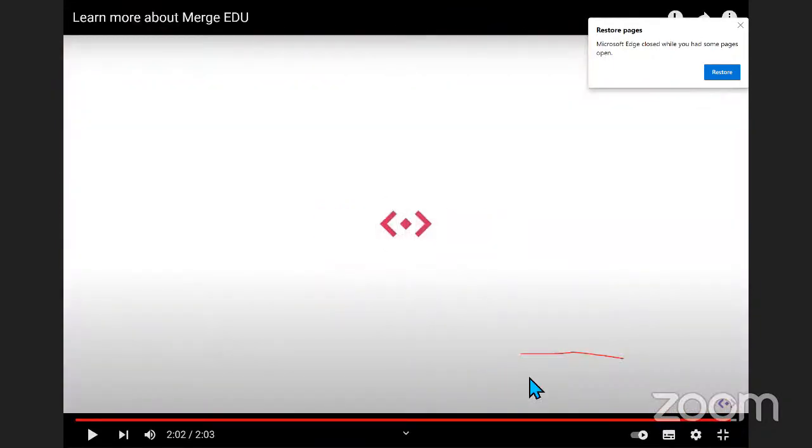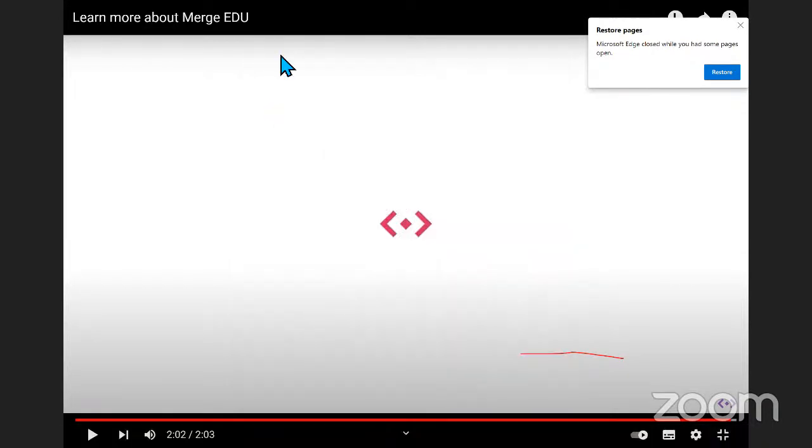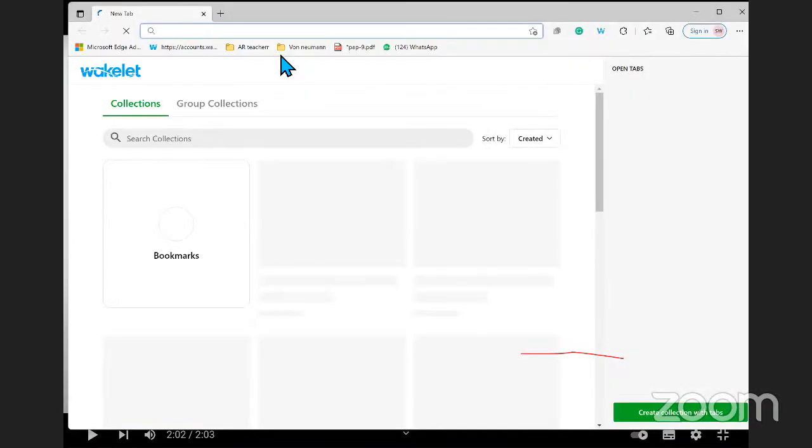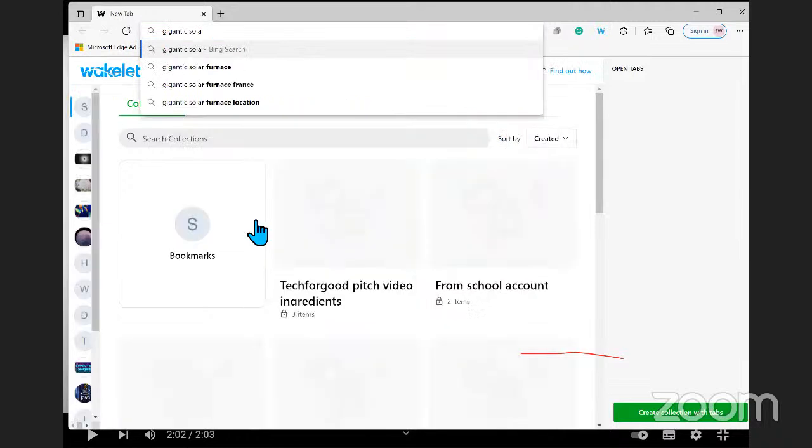So this was a small video which was showing the power of Merge Cube. Actually, it's a toy sort of thing. Once you download the special app and scan your toy using that app, you will see many things coming out. I'm just giving the name. It's for the solar system, and so those of you who have the Merge Cube with you, you can